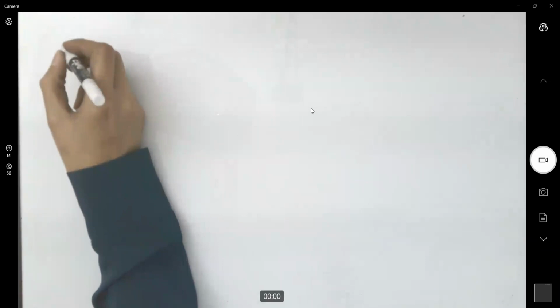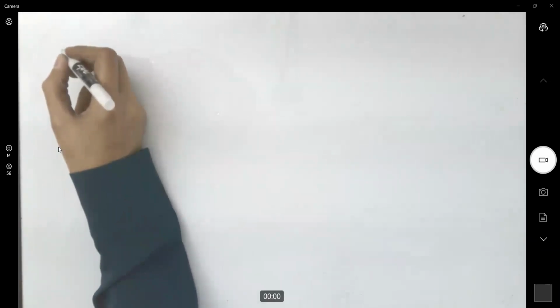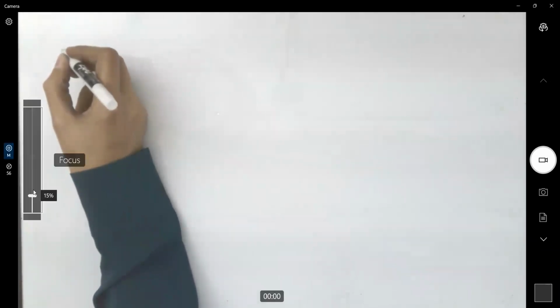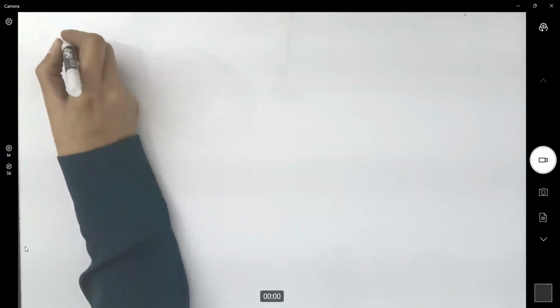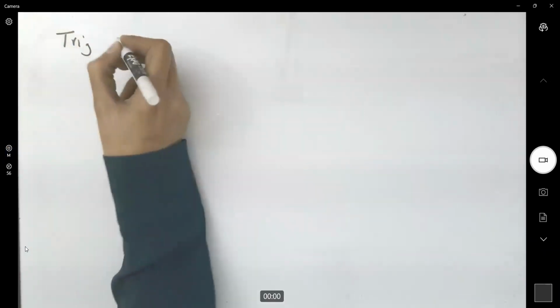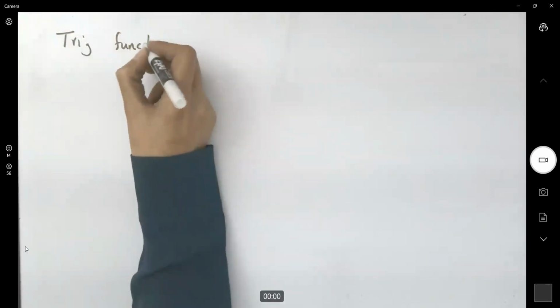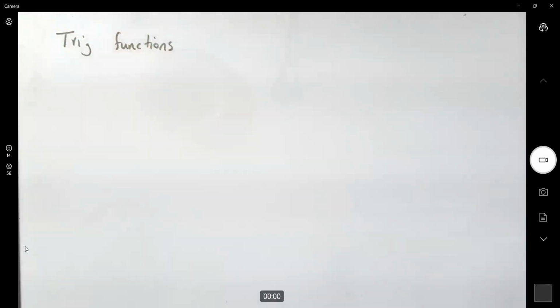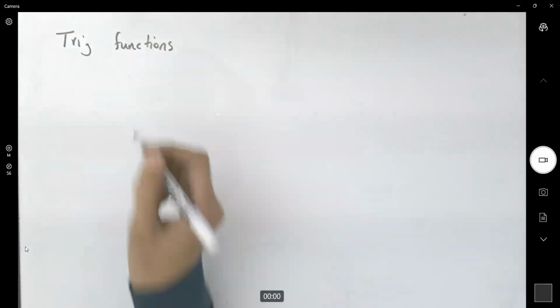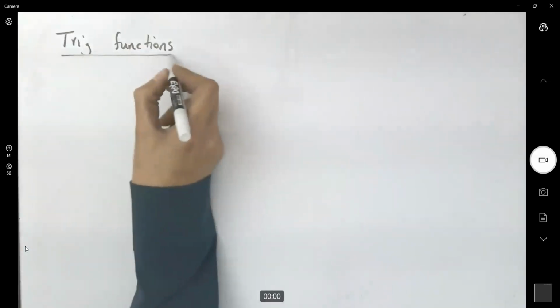Well, what we learned so far? Let us review. We start talking about trig functions and the behavior of trig functions. Trig functions. Well, recall that when we were dealing with the trig functions, we say that if your function is